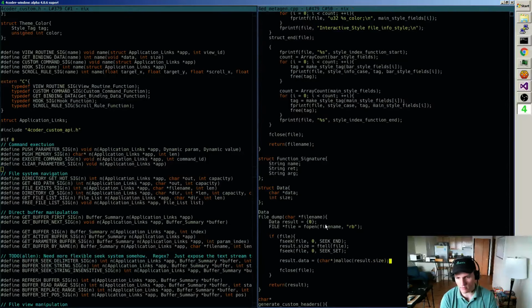We need that there. And I'll just +1 on that so that result.data is null terminated just for funsies, and then we can fread into the result data the entire file, and then we can close the file.